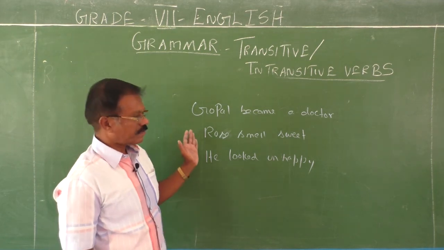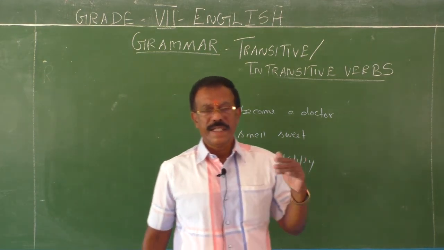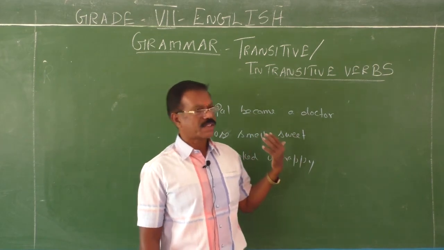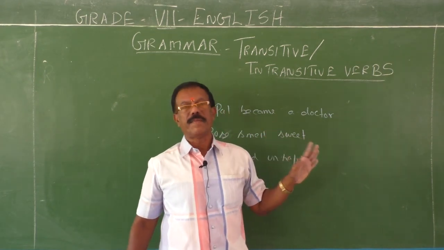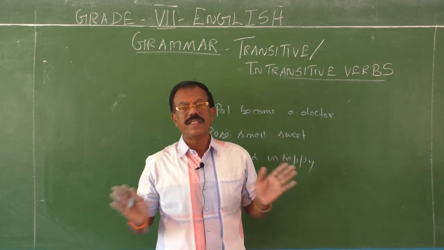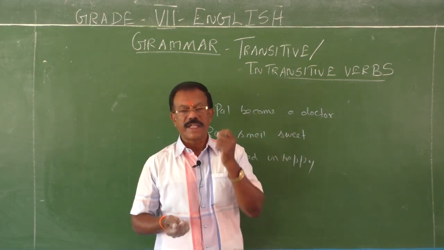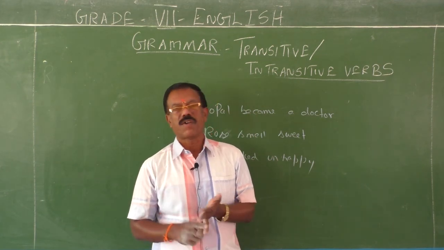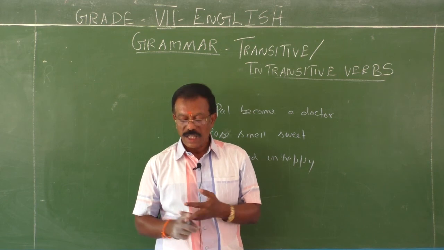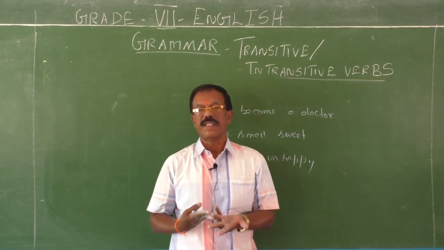And then you see another type, intransitive verbs. The verbs which do not require an object are called intransitive verbs. And then verbs of incomplete predication. So with all these things, today's class comes to an end. Look here children, you should know how to identify an object, how to identify a complement, how to identify an adjunct, and how to frame sentences by using all these things.